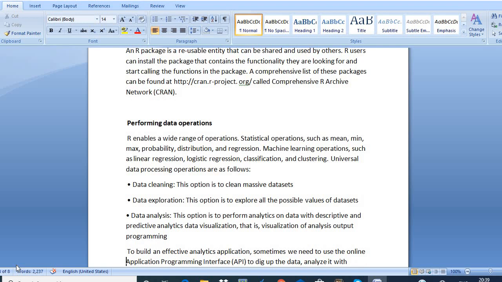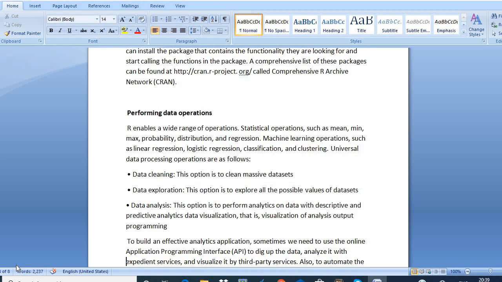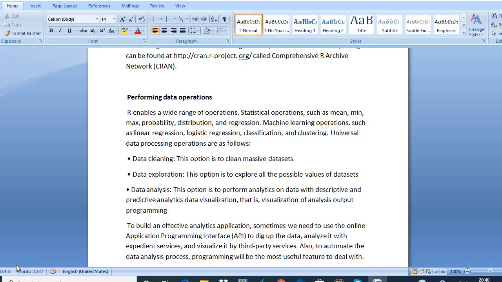Performing data operations: the main data processing operations are data cleaning, data exploration, and data analysis. Data cleaning means cleaning massive data sets. Data exploration means exploring all possible values of data sets. And data analysis means performing analytics on data.